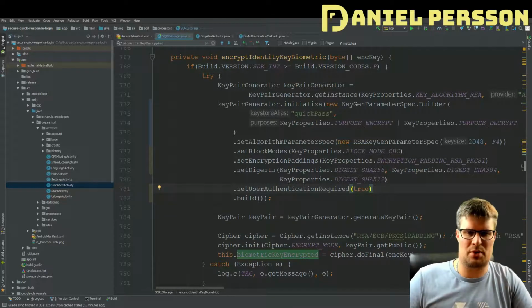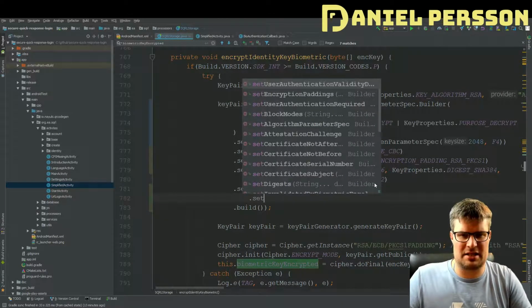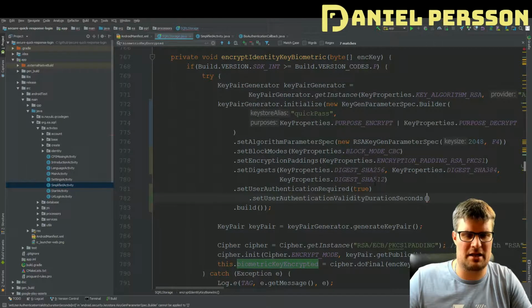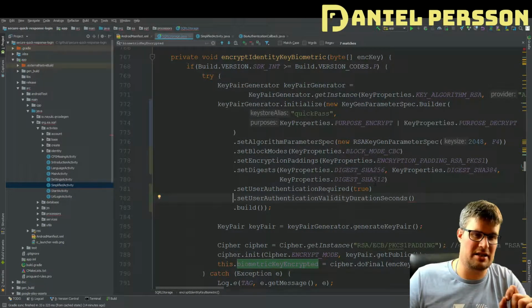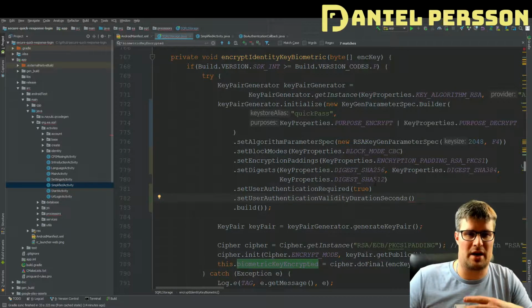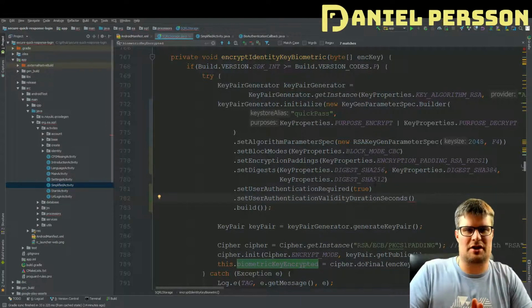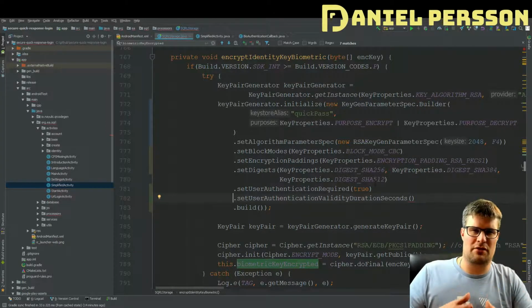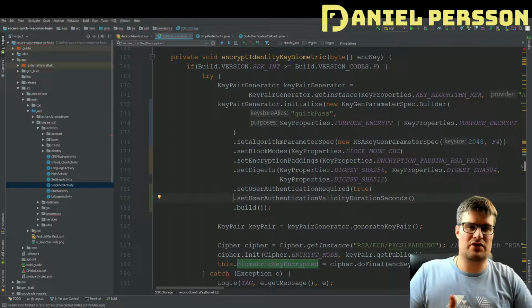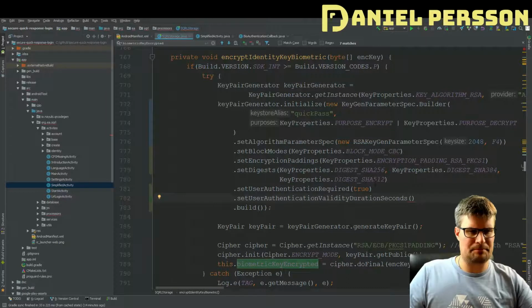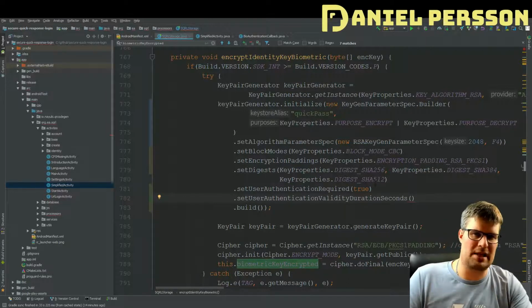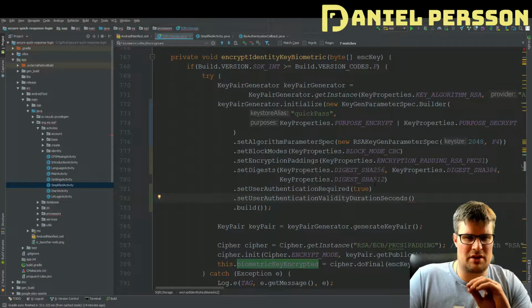So that's the important part here. And you can actually set a validity duration in seconds. I tried this because I have a function in my program where I set a valid key for about 15 minutes. And then I have a manual function or a service that looks for this key and actually removes it after 15 minutes. So I wanted to use this built-in feature, but this user authentication validity duration in seconds